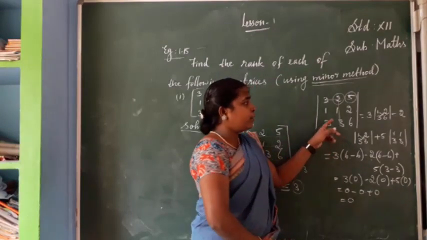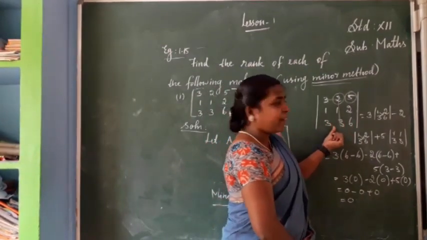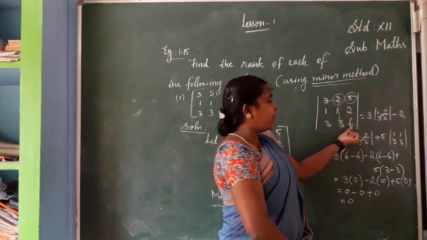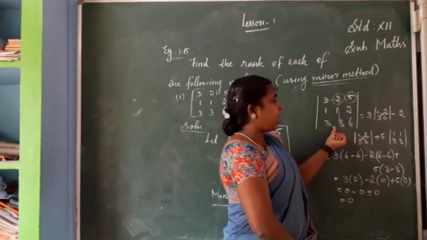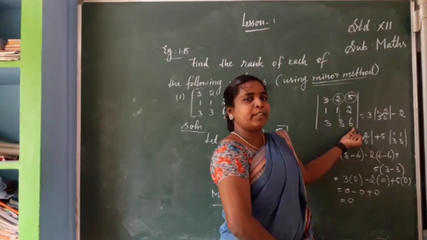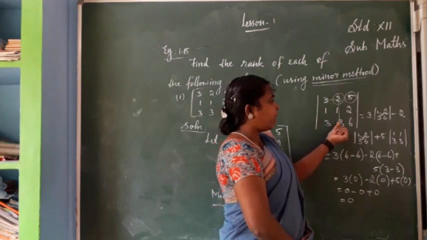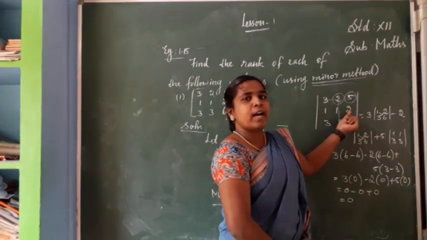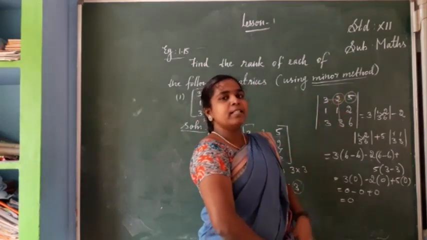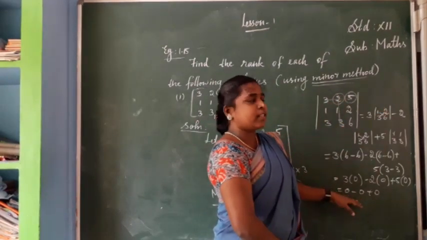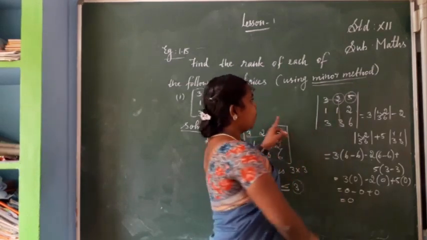Shortly also you can do for determinants in any row. If there are common values, we can check the common elements. You see the third row: 3, 3, 6. All the 3 elements are multiples of 3. So take 3 outside. What you get? 1, 1, 2. So the 2 rows are identical, so we can say directly the determinant is equal to 0. Without this calculation also you can do. If you are taking 3 common, how you write?